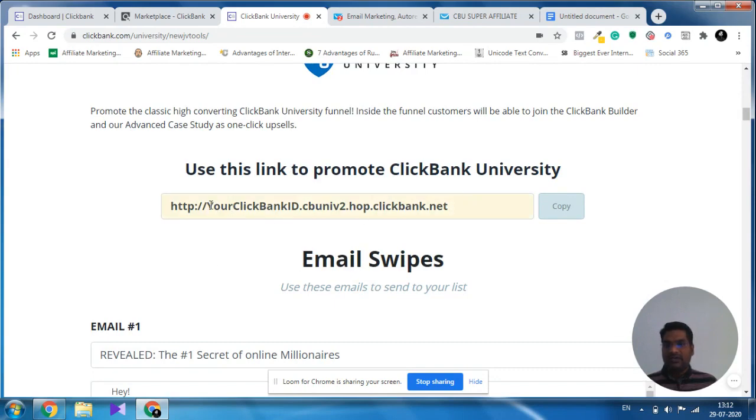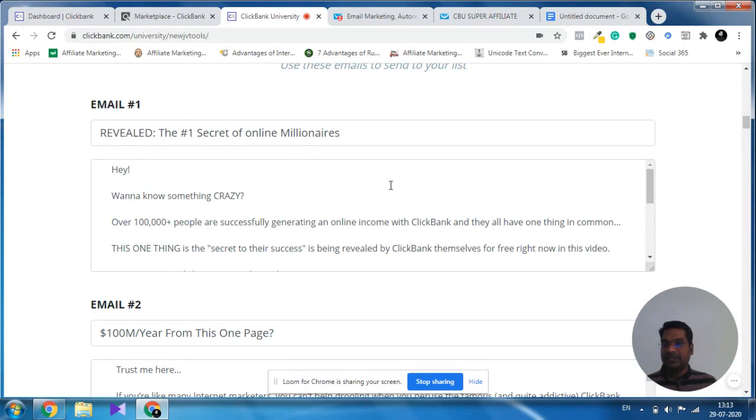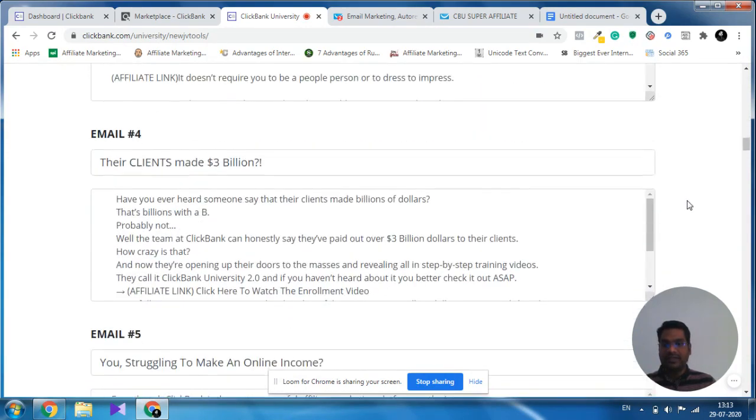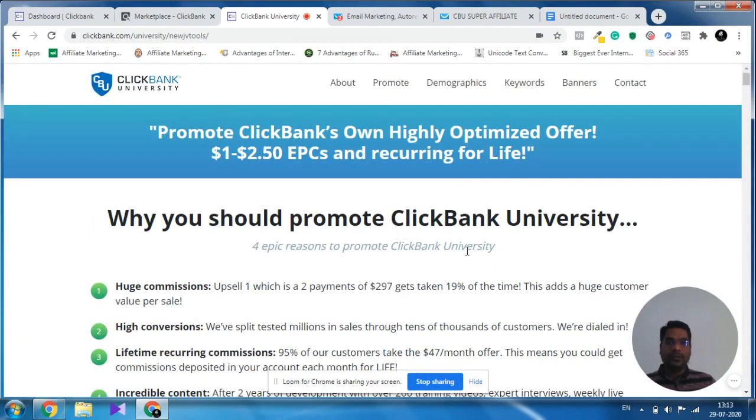When you promote this link, you need to change this part with your ID. You will also get your email swipes here. This is the subject line, and these are the messages which you have to send. So now let's go to step 2.